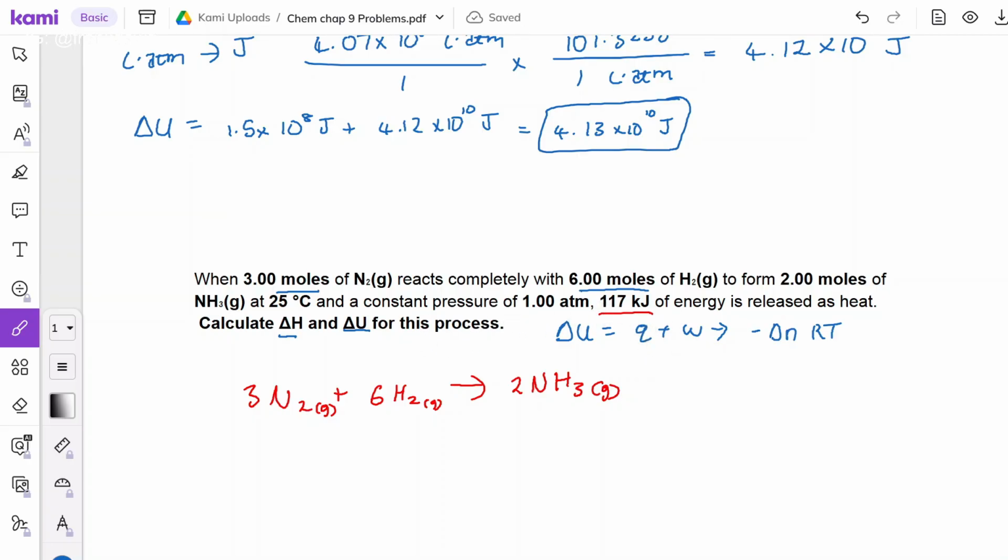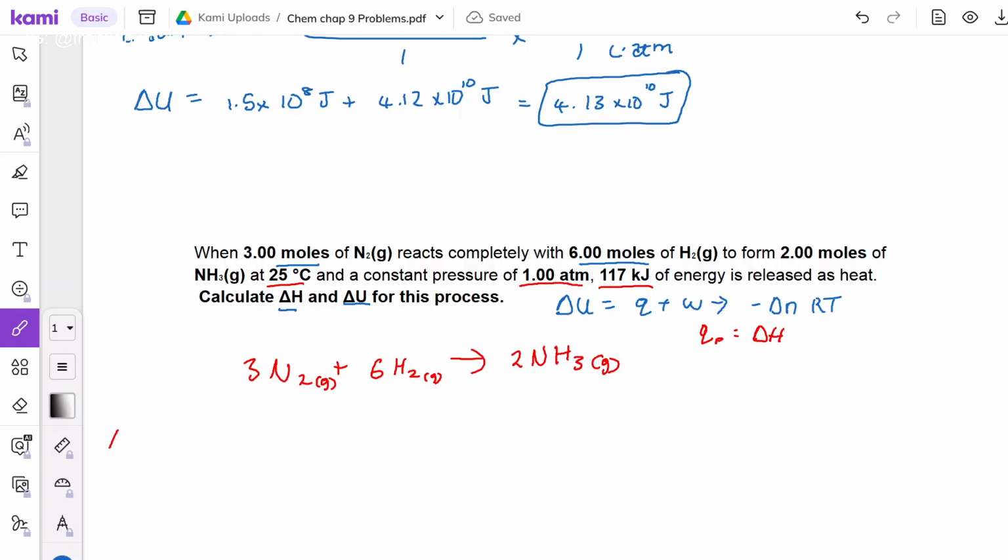know that, remember, when Q is at constant normal conditions, which is normal temperature, 25 degrees Celsius, and normal atmosphere, which is always 1 atmosphere, the Q at normal conditions is the same as the enthalpy. So that's how we already solve for the enthalpy without having to do much work. We just know the enthalpy is equal to the Q at normal conditions. So we already have half the answer. The enthalpy equals